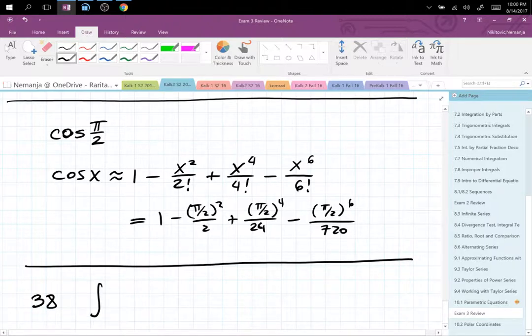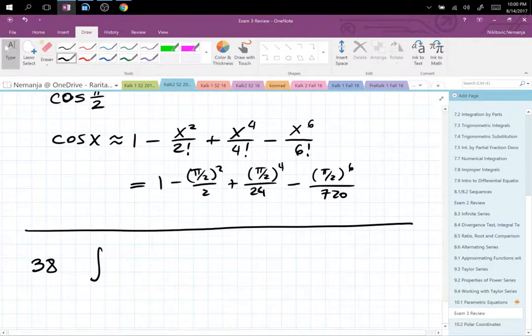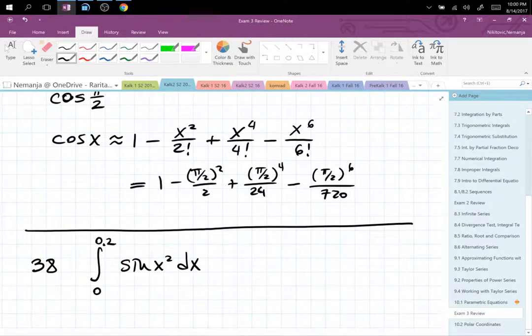Guys, this cannot be integrated by hand: the integral of sine x squared dx from 0 to 0.2. It cannot be integrated by hand because you would need another x in front of the sine